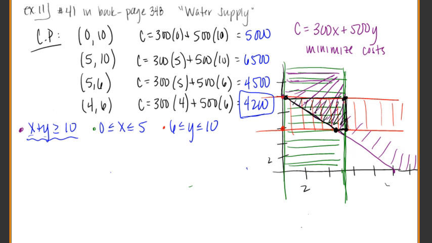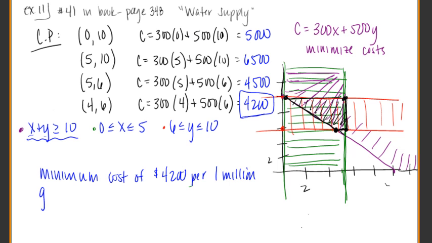Okay. So we're going to minimize cost, the minimum cost of, now remember, this was $4,200 per 1 million gallons of water. So remember, it was $300 per million gallon of water and $500 per million gallon. So when we're using this cost equation, it's all about per million gallon of water. So now together it's going to be $4,200 per 1 million gallons of water, and we